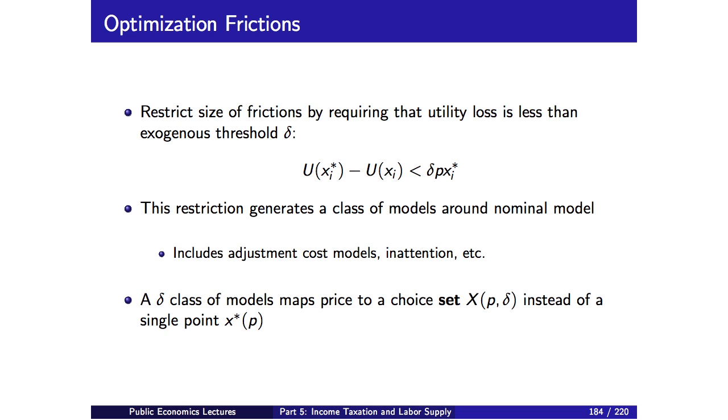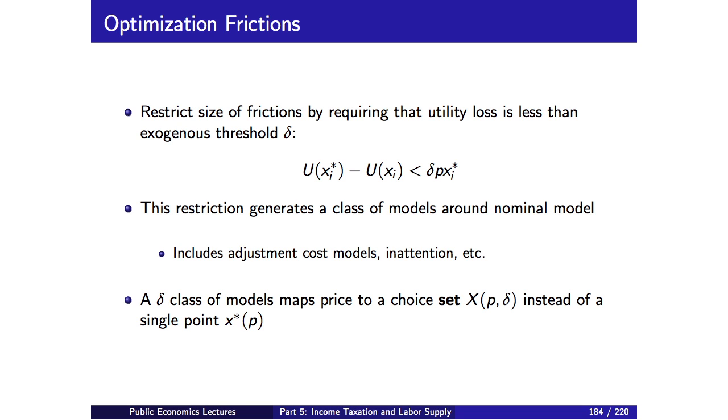How restricted is that assumption that it's sort of proportional? I mean, you can imagine that there are other ways, you could have frictions be like a fixed amount. Absolutely. So let me be clear on what this is. I could have just written this as less than some delta, like some number, and everything that I'm going to show you is going to go through the same way. The reason I like to write it in this way is that I think it's more intuitive to think about magnitudes of frictions from this perspective.